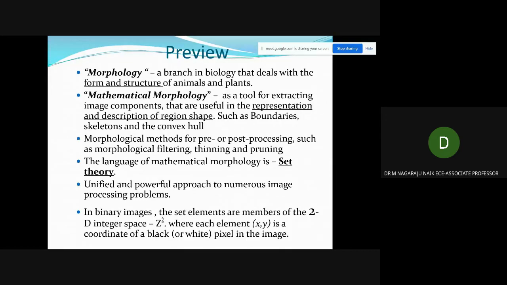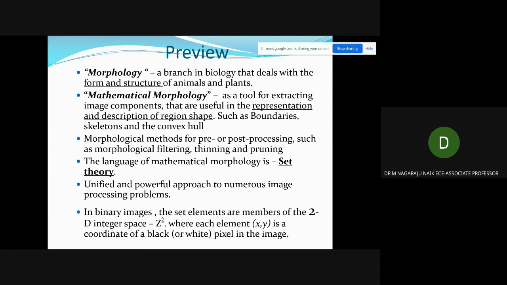Basically, we consider a binary image. A binary image contains only 1 or 0, that means either an object pixel or a background pixel. The background is the unneeded information and the object is the required information. A binary image is represented as black and white. Black is the background information, represented as 0, and white is the object information, represented as 1. Like that we separate and represent the complete image, with only 1s and 0s.